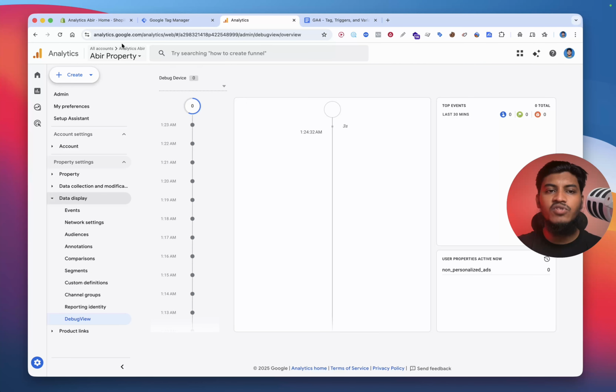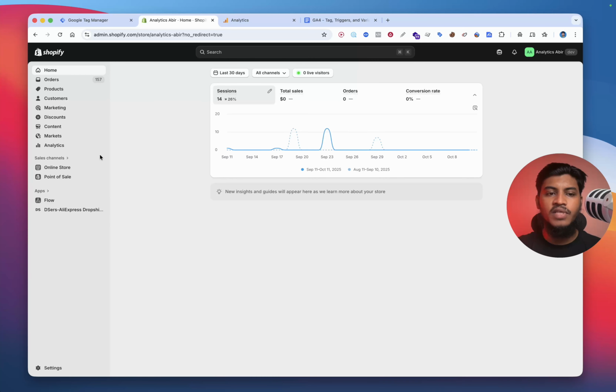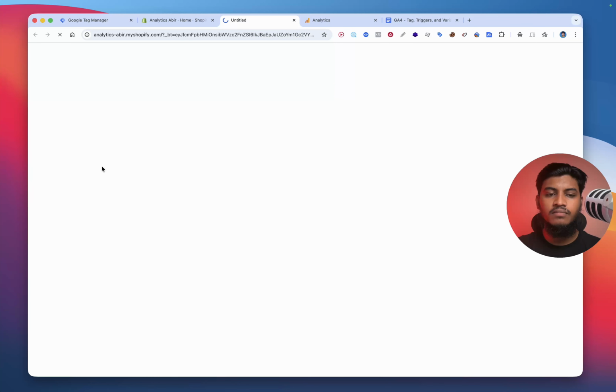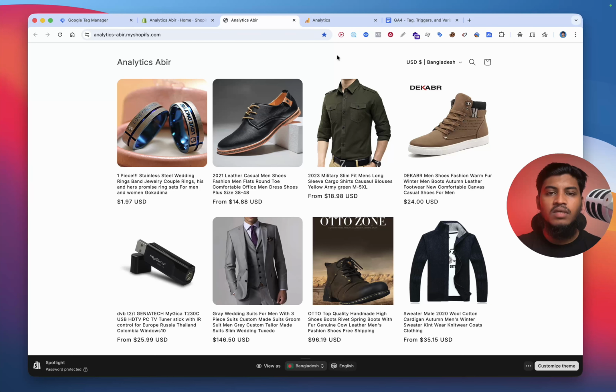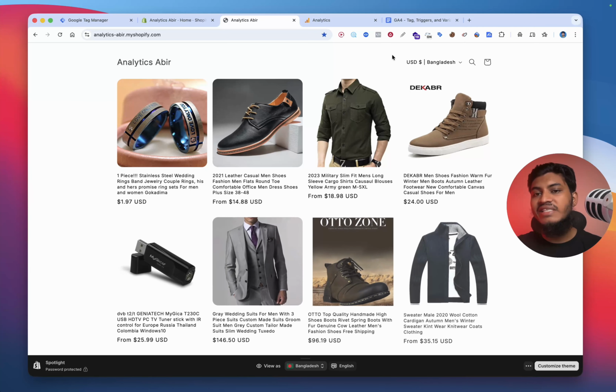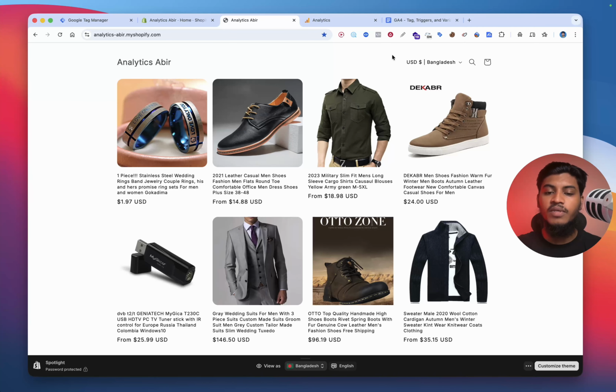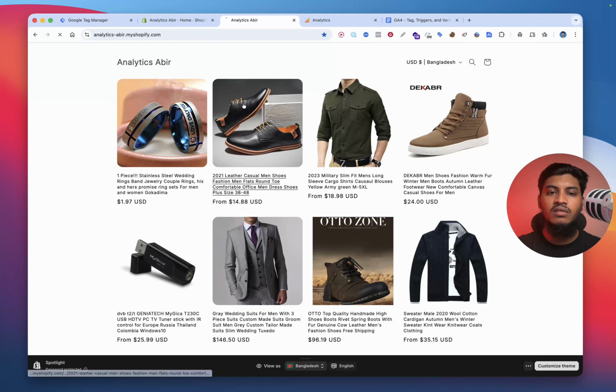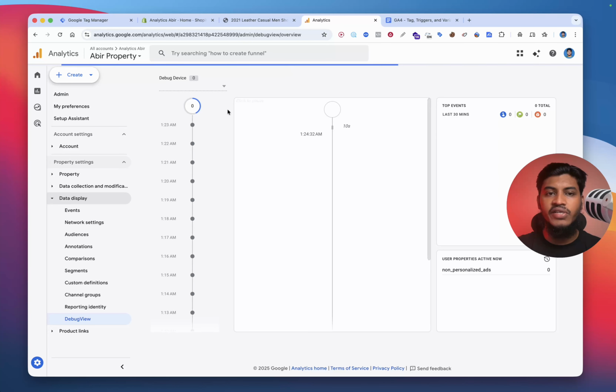In the debug view section, visit the Shopify website. After visiting our Shopify website, we need an extension. The extension name is Google Analytics Debugger. You will get this extension from the Google Web Store. I will add the install link in this video description. Make sure the extension is turned on, then do some activity on your website and go to the Analytics GA4